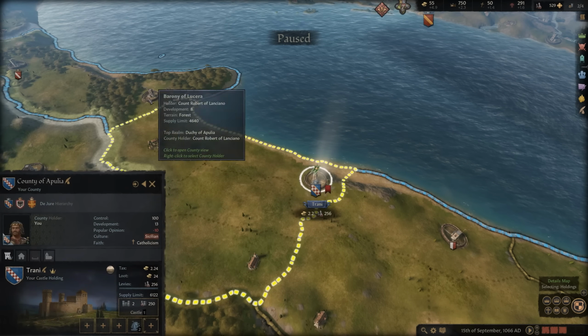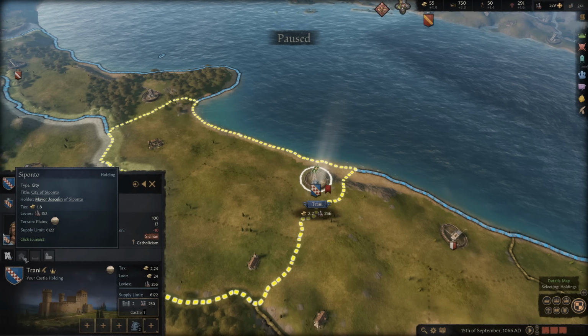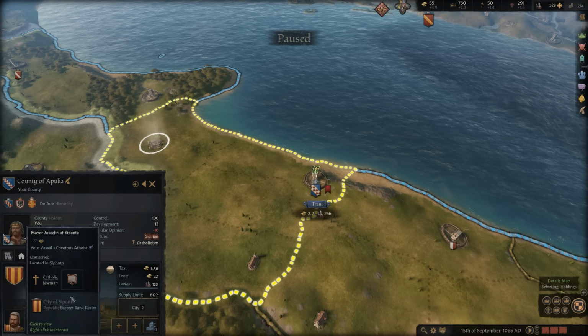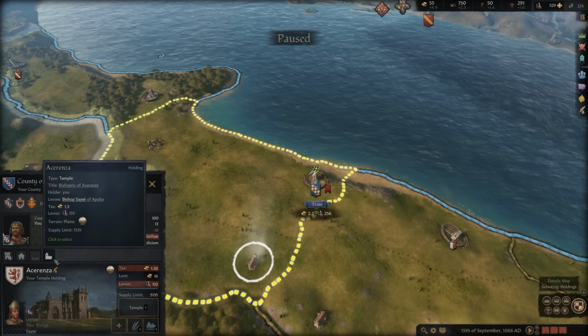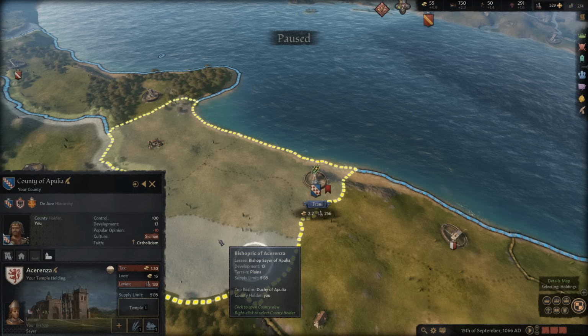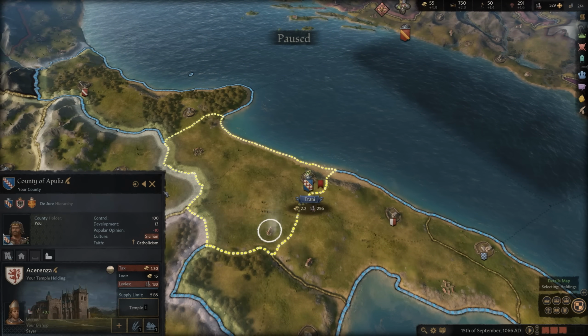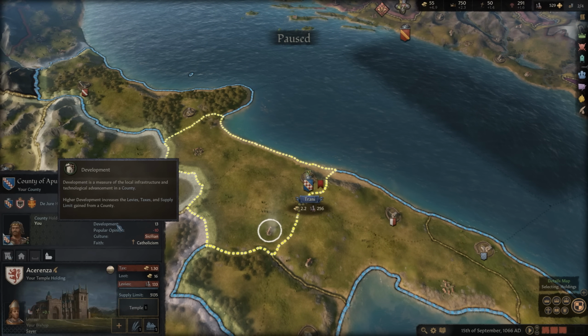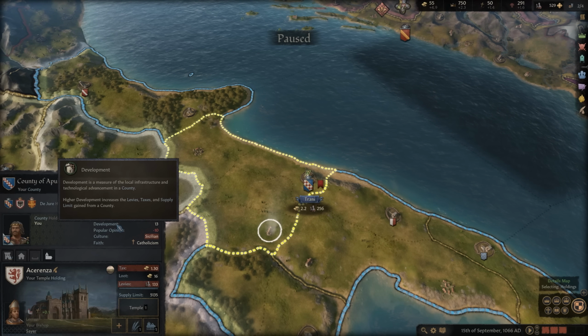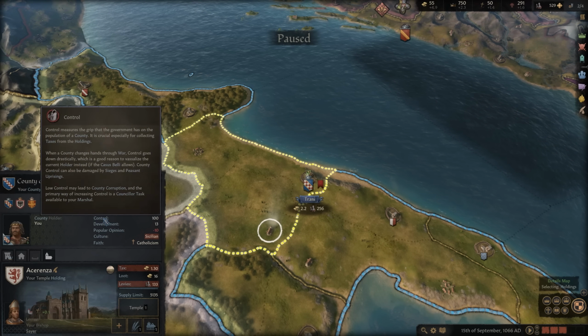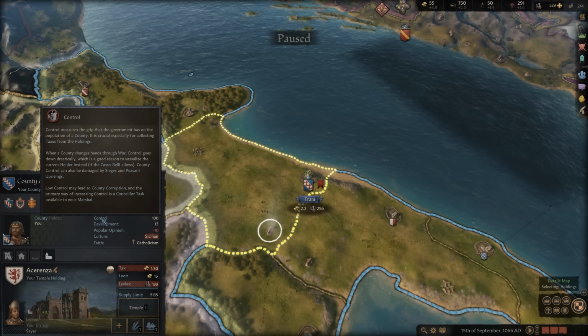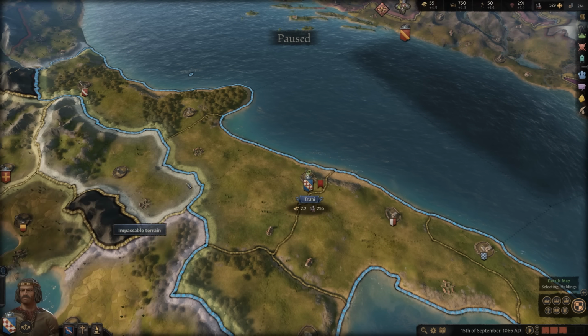Your cities, as I click through the different menus, will all be held by a mayor, and your bishoprics will be held by a bishop, and they will then contribute taxes to you. And it's important to note that development will be increasing your levies, your taxes, and your supply limit, just like it would for clans. And your control will also help out in that, as we've covered in our overview of how counties and managing